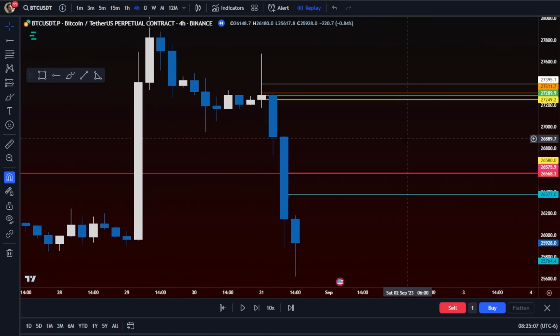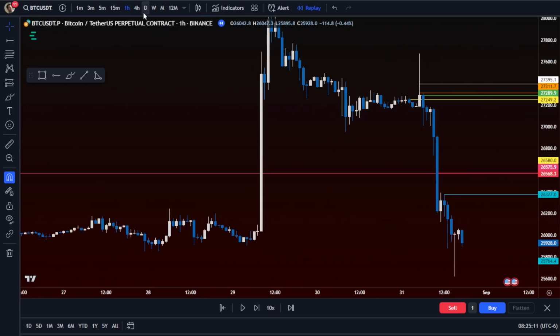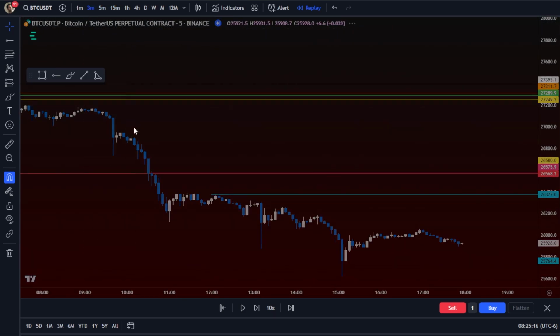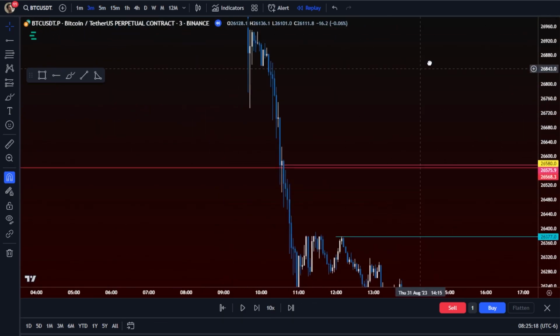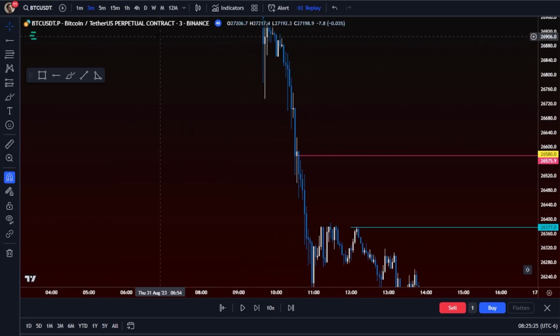The daily is fine. I won't typically use something that's that far back, especially when there's such a big break over it like that. And then there's no real levels in the drop of this move until you get all the way down to a 3-minute. So I think it's up for debate which level it hit. I personally wouldn't use a daily level. I would personally use a 3-minute. However, I'm gonna mark both.